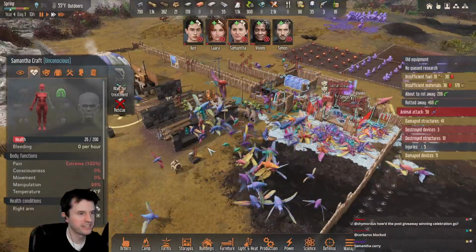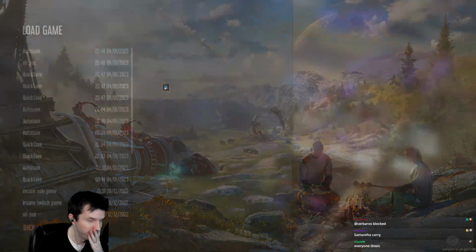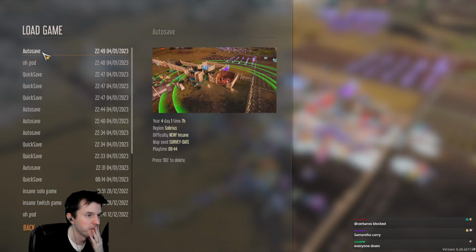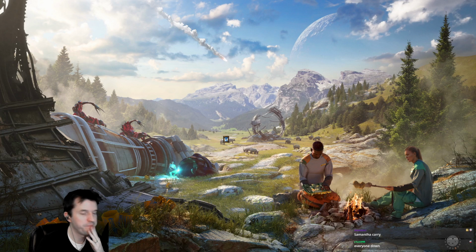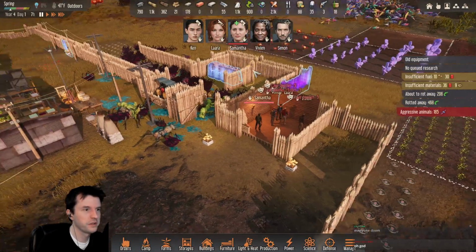Alright, everyone's passed out. Rocket launching. There's 50 remaining. Okay. We killed like 75% of them. We could, maybe. Alright, my next idea is to have